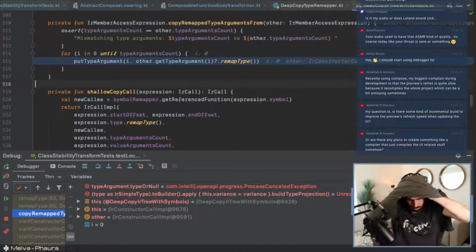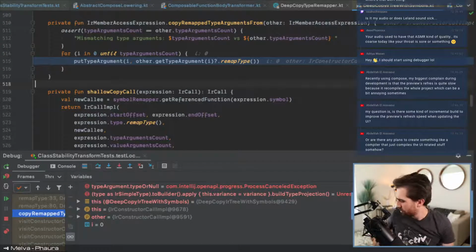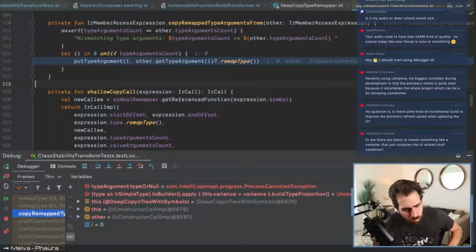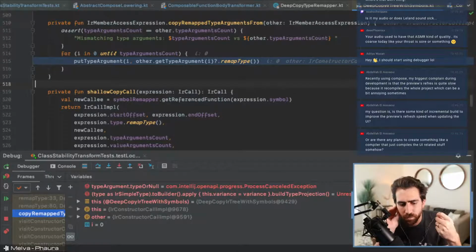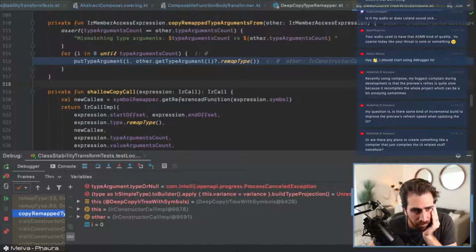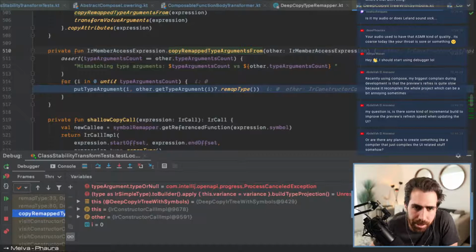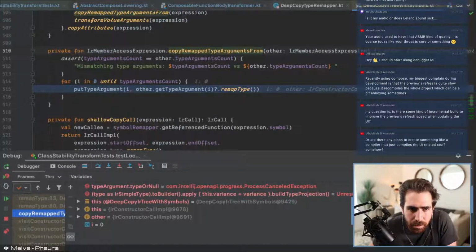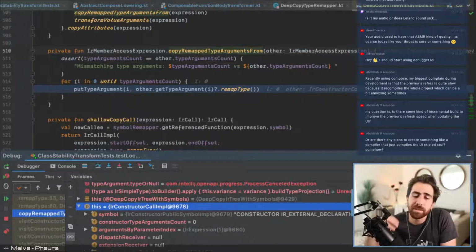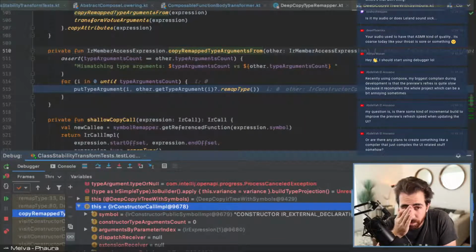Let's see. So this is kind of where a lot of this is happening. We've got a member access expression, so this and other, which is a constructor call. Which is where the return type is gonna